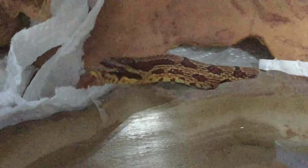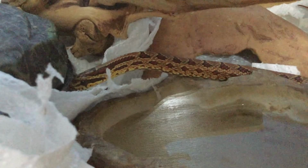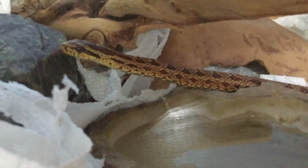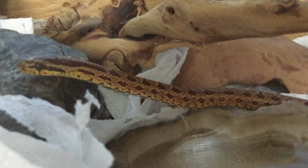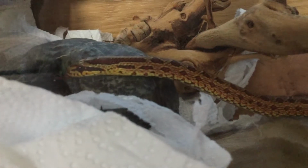Now, it's really interesting to me to see how differently coloured they are. The female's a quite yellowy olive brown over her, whereas the male is a lot redder in coloration, which is quite interesting. And obviously you can see that these are very, very inquisitive snakes, even though he's very, very small. Now, my plans for these are, I will be breeding them in the future, but